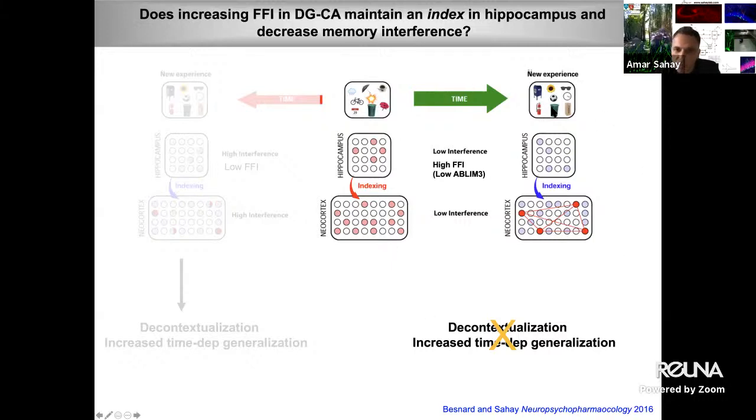And this is shown over here. So does a decrease in ABLM3, which is an increase in feed-forward inhibition, maintain the index of context A? To do that, we first asked, well, does the engram of context A show any differential connectivity with parvalbumin inhibitory